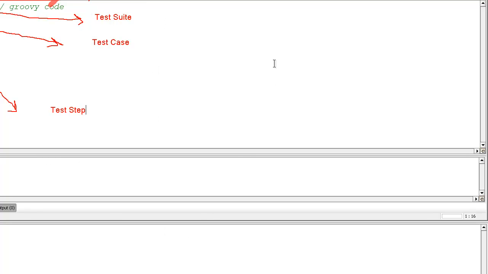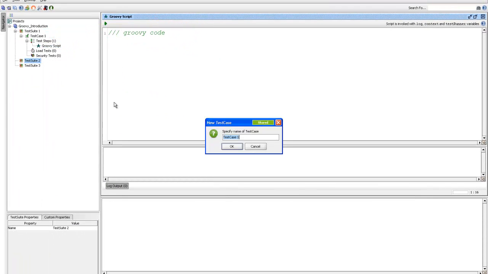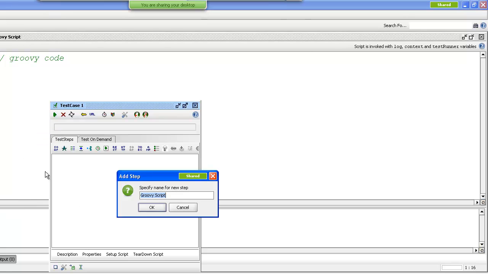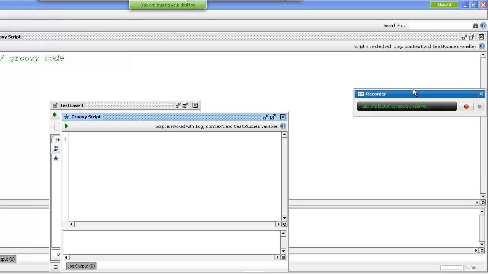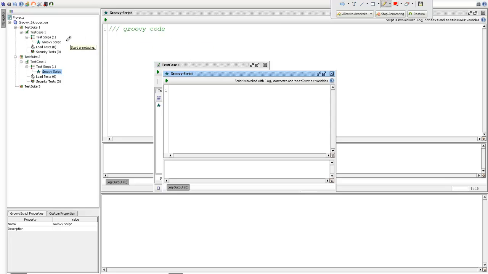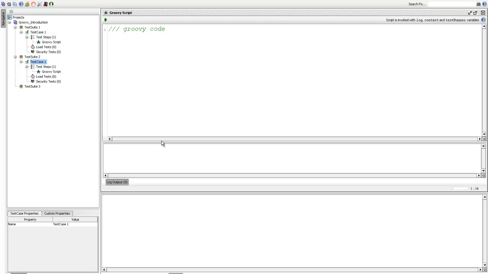Fine, I'm telling you because you will be using the levels, the interaction between the various levels, as we proceed with the course. Fine, for example, in test suite 2 I create a new test case, and in that test case I create a new Groovy script test step. Fine, suppose this Groovy script test step has to interact with this Groovy script test step or with any other test step in the other test case, that is possible. Fine, so we will look at all those aspects as well. So right now just understand there are various levels. Okay, now